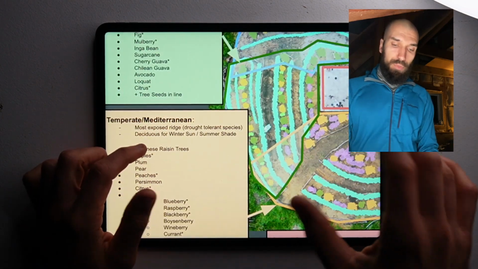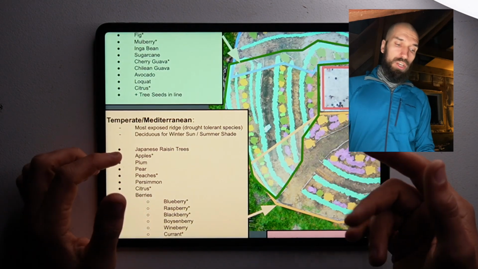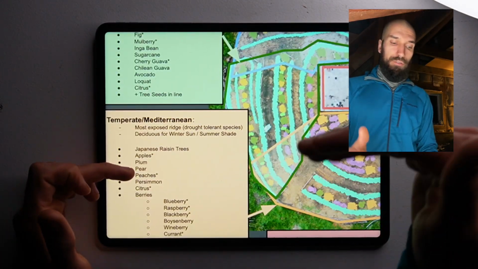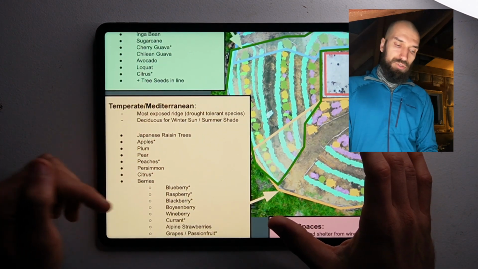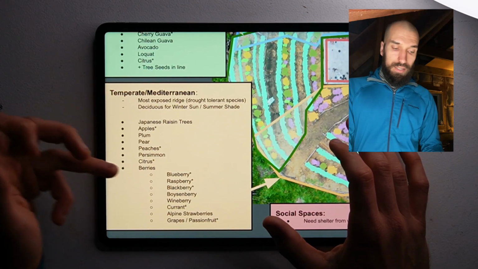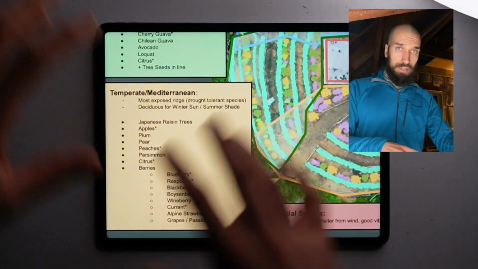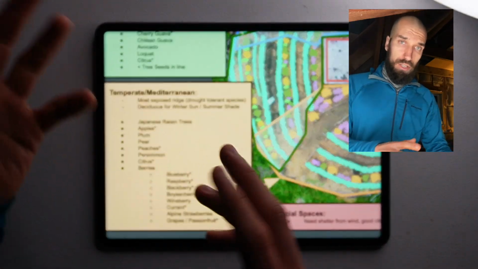Again, context for this particular area, the most exposed ridge, so we're needing some drought-tolerant species, and they need to be deciduous for the winter sun and summer shade. So here we've got Japanese raisin trees, apples, plums, pears, peaches, persimmon, citrus, again, we're combining citrus in both areas,